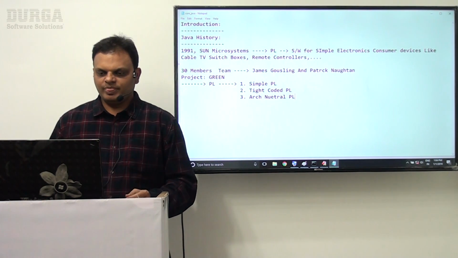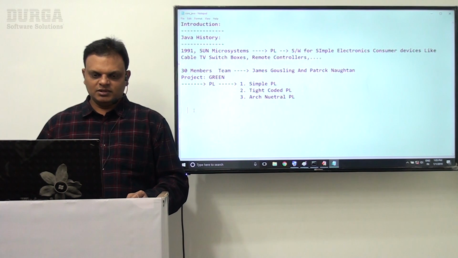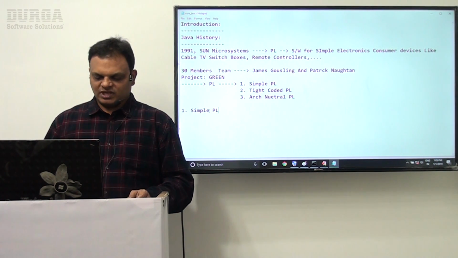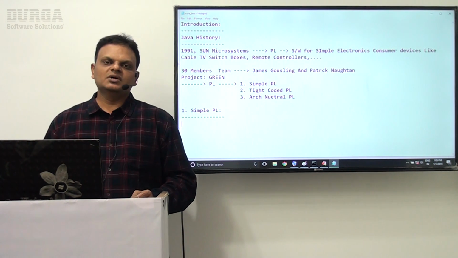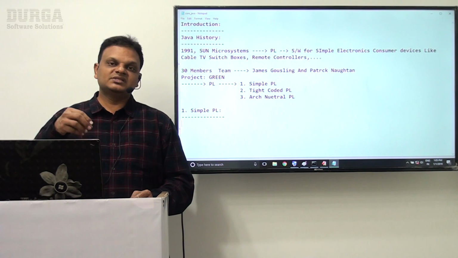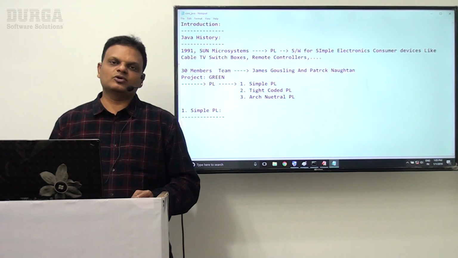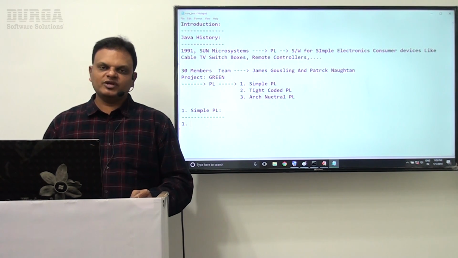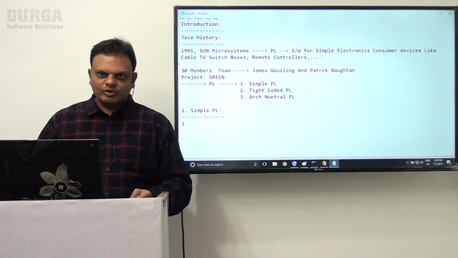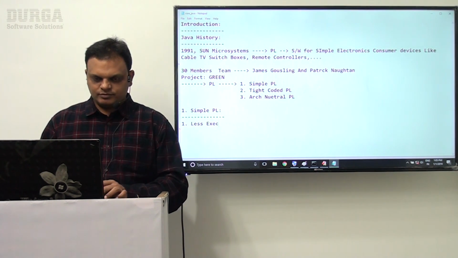Clear? What is the meaning of a simple programming language? We are going to understand this point clearly now. All of you observe this. Sun Microsystems has given three factors to say a programming language is simple, and they wanted to see these three qualities to make their programming language a simple programming language. What are the three qualities? First, the new programming language has to take less execution time.